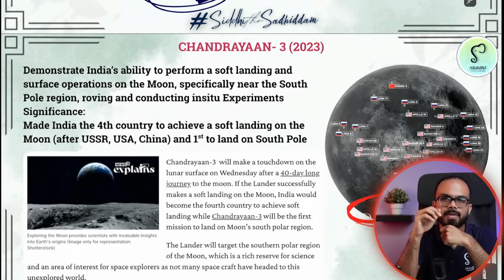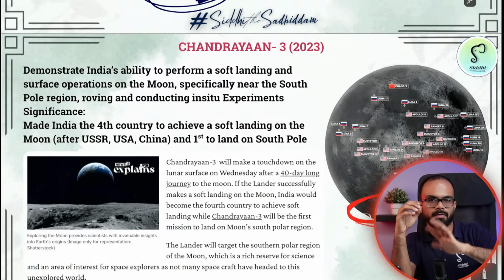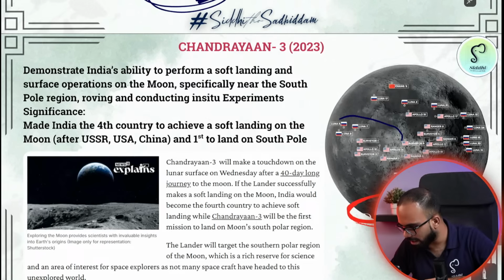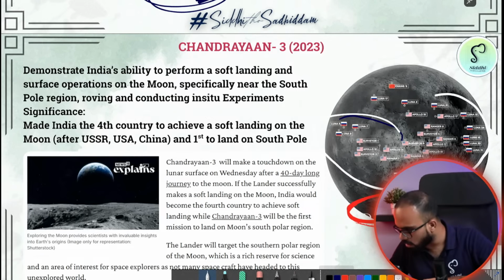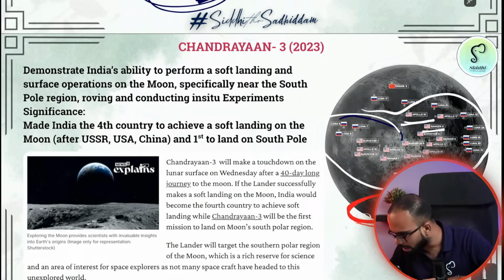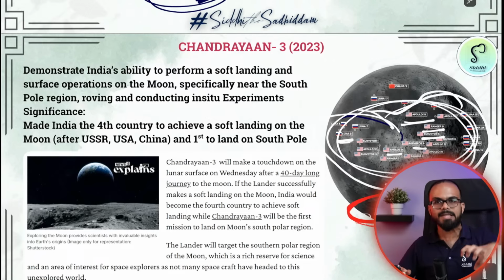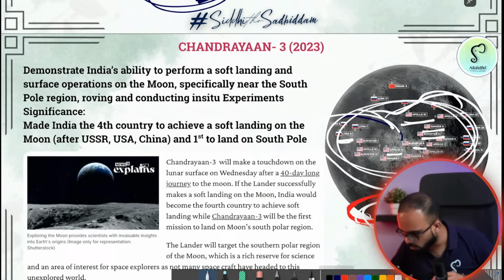Okay, you have North Pole and South Pole. Now we have the equator, we have North Pole, you have South Pole. Earlier, all the missions that were sent, the landing that was done on the moon, was completely around the equator. Apollo, Ranger, Surveyor, Apollo mission, Luna mission, US, America, China, everybody landed around the equatorial region, whereas India attempted to land on the South Pole.